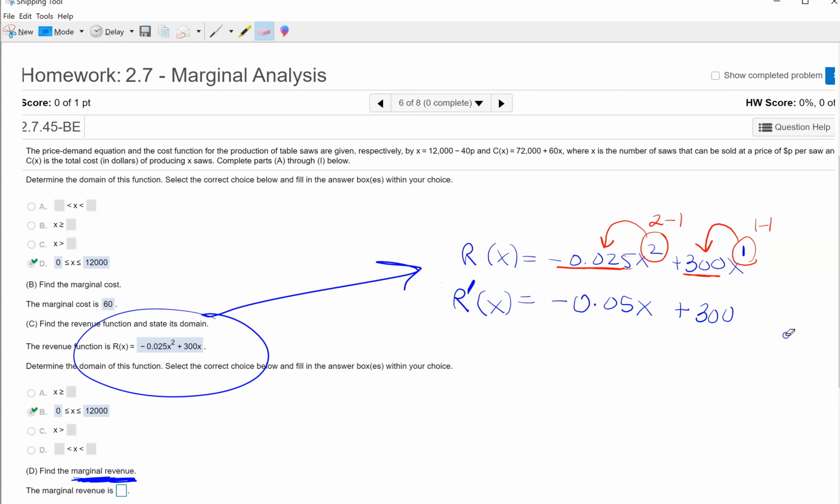So we end up with just 300 there. Okay, so that's our marginal revenue. And then once we enter that,